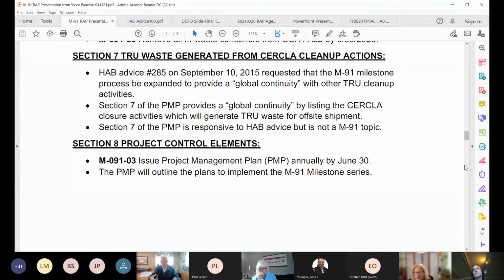If it's below the cutoff point, then we send it to URF, and that's a topic for future consideration. So, in summary, I think M91, as the milestones are written now, is responsive to HAB concerns. It may not go as fast or as far as we want, but these are the follow-up topics: the new facilities are going to be built to handle the difficult remote-handled and the difficult large pieces